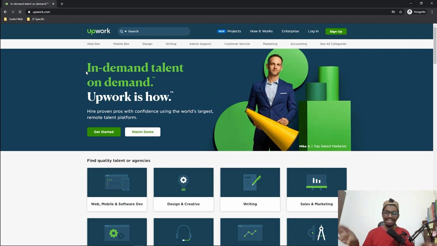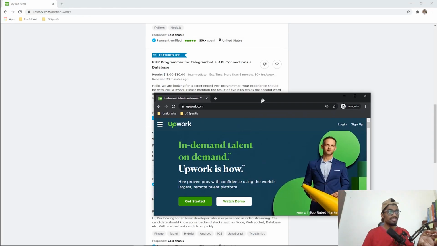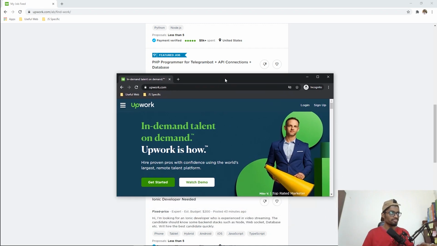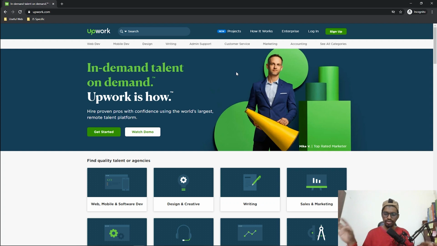Upwork highly values its clients and people who are posting their projects. So what they do is they first take the portfolio of the developers or anyone who wants to work here. After taking that, they approve the account based on the skills. If they find a suitable match, okay, you are a good match for our platform, then only the Upwork people approve your account. Once you get the account approved, then you can switch to the view I am going to show you next, where my account is approved. Then you can apply for projects.